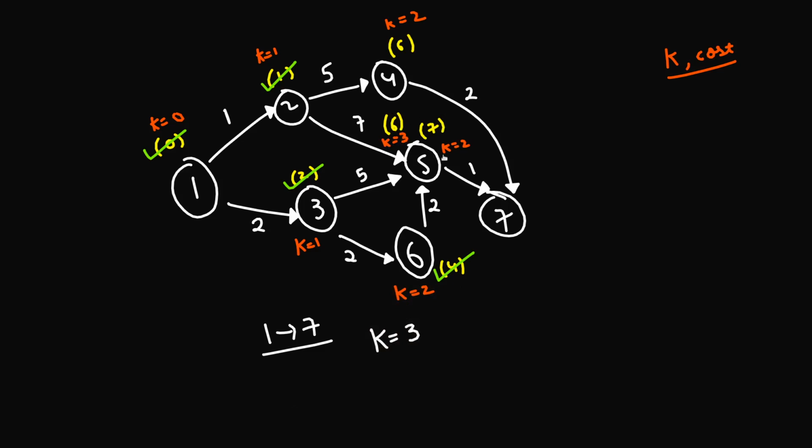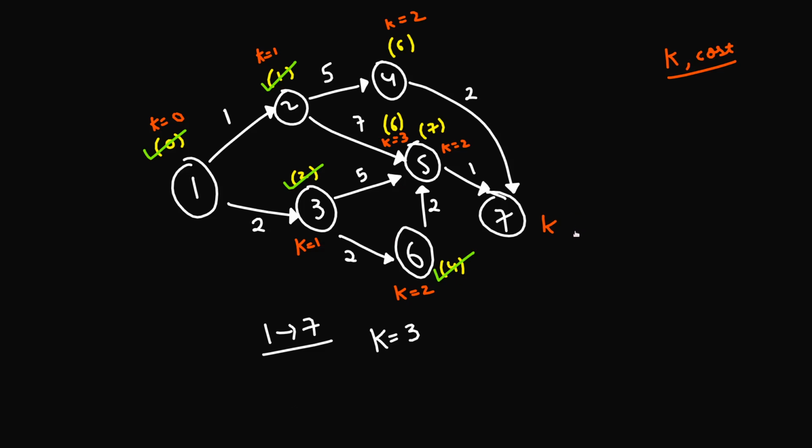Notice that I will not be deleting this k equals 2 here. The reason is, what if you are only allowed to visit a total of 3 cities apart from the source city? If you go from this k equal to 3 to this, that will make k equal to 4, and that's not allowed. Why? Because if you are only allowed to visit 3 extra cities apart from the source city, k equals 4 means that we have visited 4 extra cities, which is this one, this one, this one, and this one, apart from the source node, and that's not allowed.